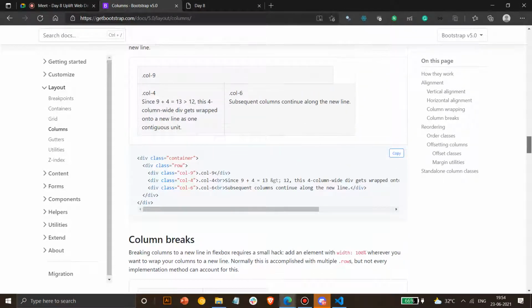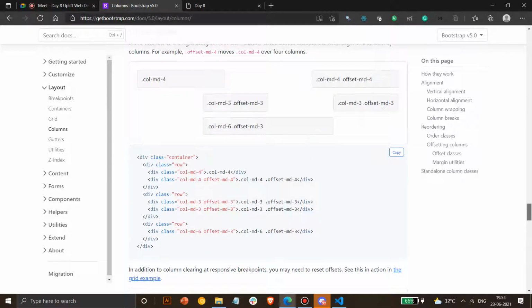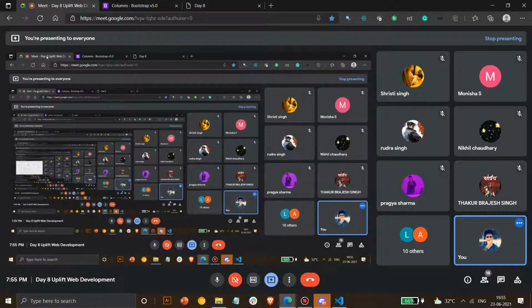Okay, there's something called column wrapping. You don't have to study this, it won't be required. Okay, anyone, what is an offset? What is an offset? This is a very good keyword. Why? Because it's used multiple times in websites. What is offset? Anyone? You can try guessing it. Same in English also, I think. A little bit different. What is offset?